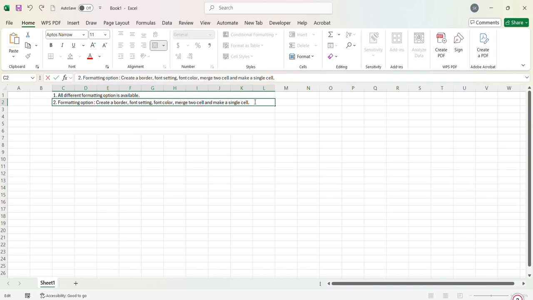Then background color change, add decimal, and remove decimal. Then change number formatting,